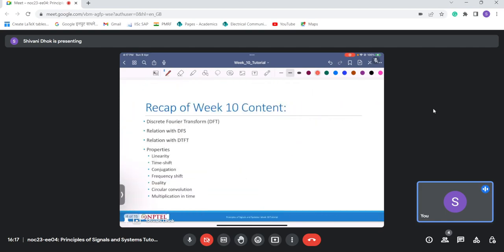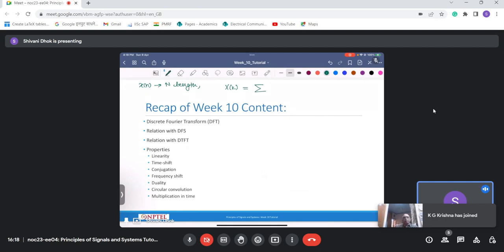After discussing those things, the concept of the discrete Fourier transform was introduced. This is another transform which is valid only for signals which are of finite duration. So suppose x[n] is a finite duration signal of length N, then X[k] is its DFT. It can be calculated as the summation n running from 0 to N minus 1 of x[n] times e power minus j 2 pi kn by N,